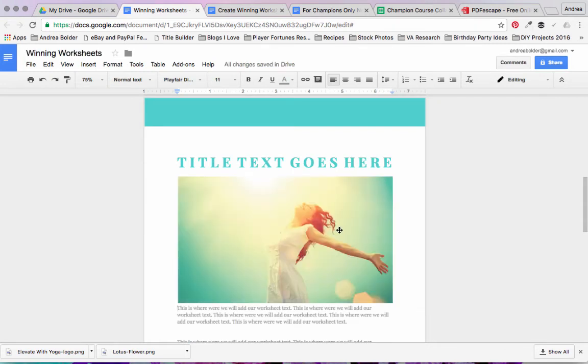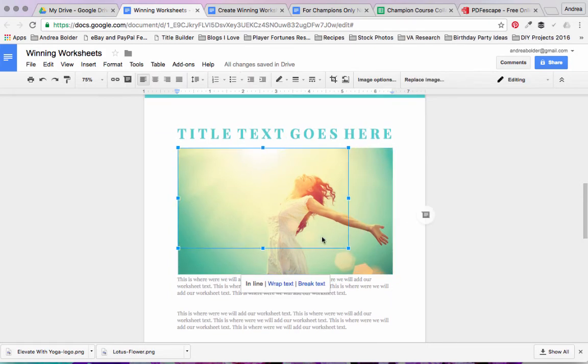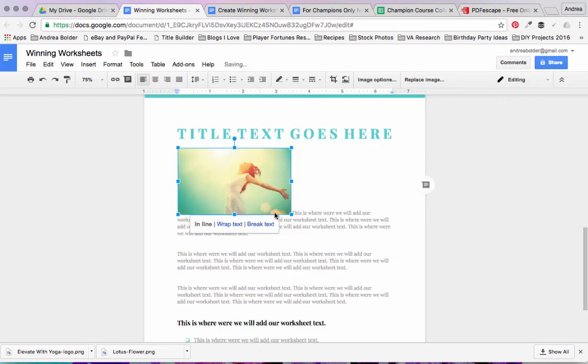Okay. So obviously this image is a little large. So let's make it smaller. We'll click on it and then just drag the corners. And we see here that the image is in line with the text, where the bottom of the image is